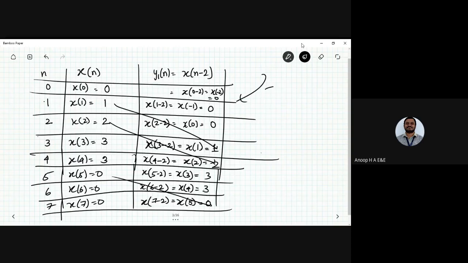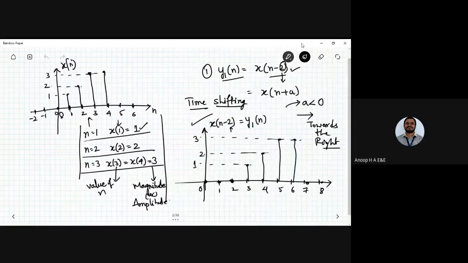So this is the tabular column you can write to verify whether the signal x of n is translated towards the right or towards the left. Hope it is clear to you. This is how I can have the approach in most of the numerical problems we do in convolution integral. I will not go in detail, only in this concept, because it's a new concept to you. You need to do a few more problems related to the continuous time signal and also the discrete time signal. Then you will come to know when it is shifted towards the right